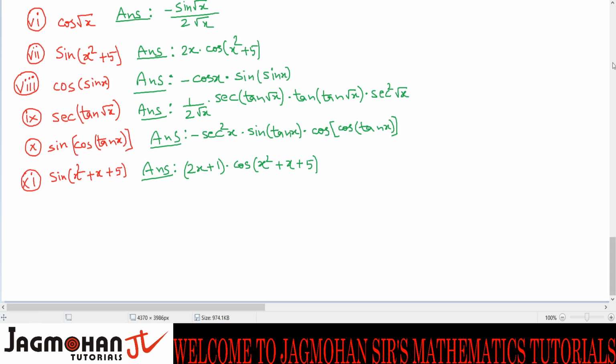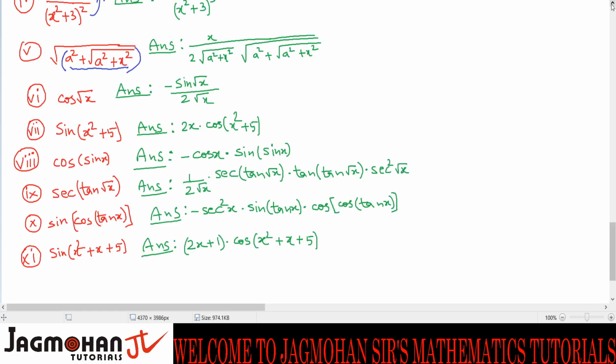Then after that, you have some very simple questions. These questions are very simple. You can manage on your own. You don't need any kind of hint here. Cos root x, that is cos f of x. So minus sine f of x d by dx of f of x. This is sine f of x. So cos f of x d by dx of f of x. This is cos f of x. This is sec f of x. The function is sec f of x. So you will get this answer. The answer looks quite big. Don't worry, you will enjoy solving these questions.